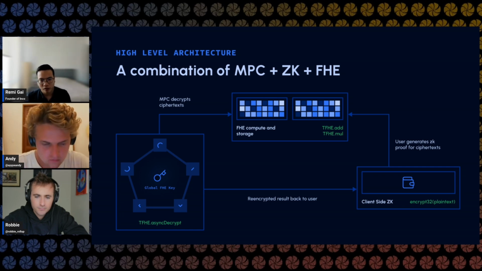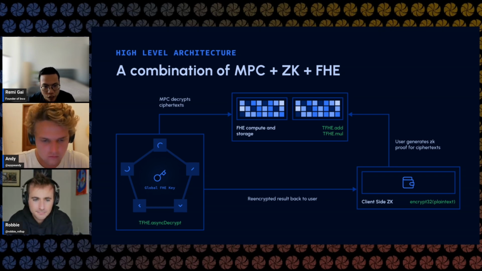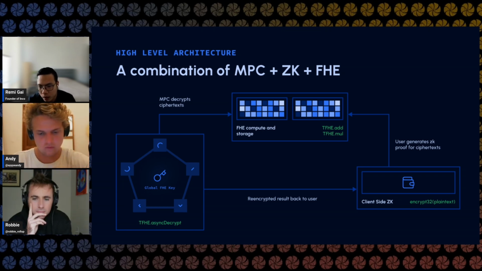So I know I talked a lot about FHE this entire time, but really what we're building here is a combination of MPC, ZK, and FHE. FHE is really focused on compute, right? So anything related to computation, you do it over FHE. On the client side, this is where we utilize ZK. You generate a ZK proof for two purposes. One is you want to prove that the ciphertext is not malformed, meaning that the ciphertext is encrypted under this defined public key, and the format, everything is correct. Else, later on this will have issues, right, on the compute side.